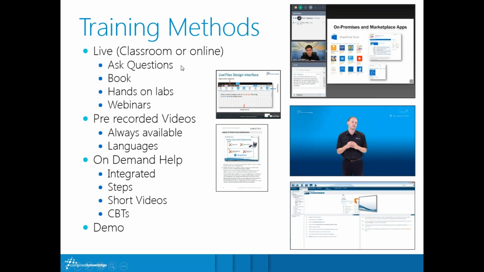Some of the benefits of that traditional method, we can interact with people. So like today's a broadcast, whereas during an actual session, you'd all have microphones and be able to talk. We can give people books, so whether that's printed or electronic, people could do hands-on labs so they can practice things during the day. So we could provide environments. So if, for example, you didn't have an environment yet, but you're building one and you know what it's going to be like, we could create a mock environment that people could use. Just like a mock-up with your logo in, for example, if that was important,